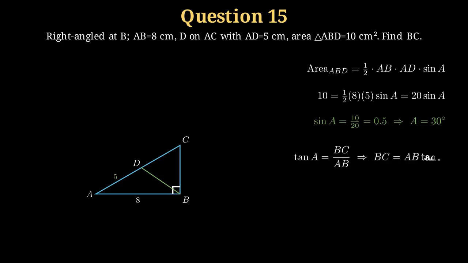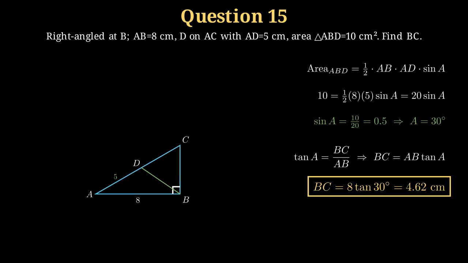Now the big right-angled triangle. Angle A is 30 degrees. AB is the adjacent side, and BC is the opposite side. So tan A equals BC over AB, giving BC equals AB times tan A. So BC is 8 times tan 30, which is